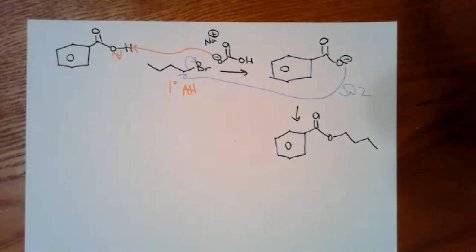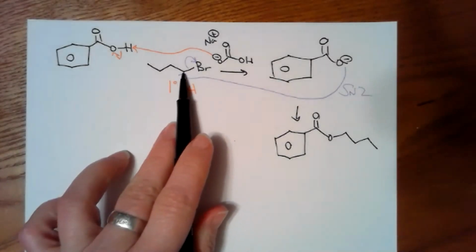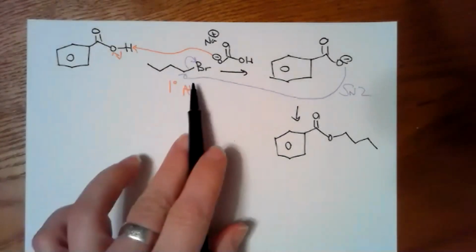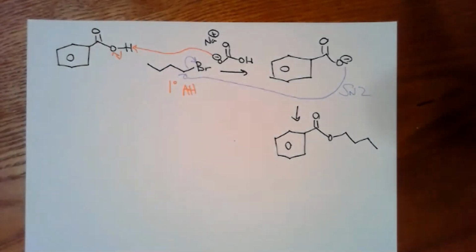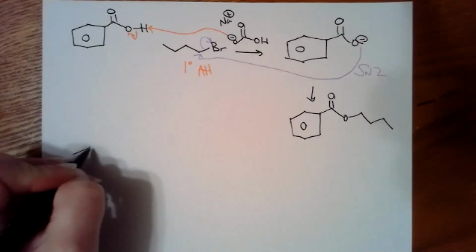We didn't show any stereochemistry here, but we could have made things tougher on you by showing some stereochemistry here with like a deuterium. And SN2 means inversion of configuration. So you got to invert that stereocenter. If we move on to our next example without switching back to the PowerPoint, just moving right along,